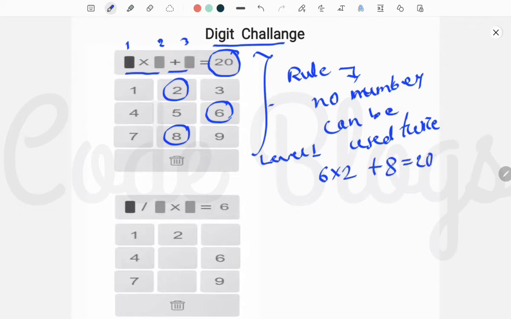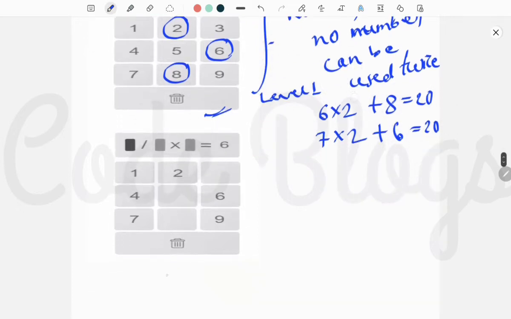Okay, now let's see the next. Next is 7 into 2, 14, 14 plus 6, that is also 20. So in this way you are getting multiple answers. After submitting this level, you are moved to level 2, that means the next level. After solving level 2 you are promoted to level 3. In this way levels increase, and the game becomes tougher than the